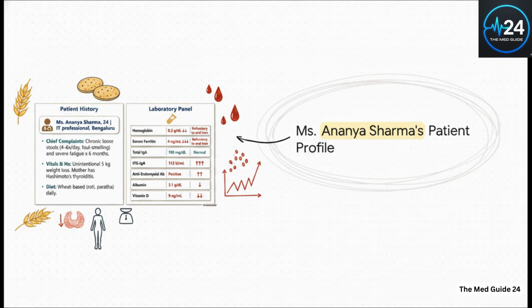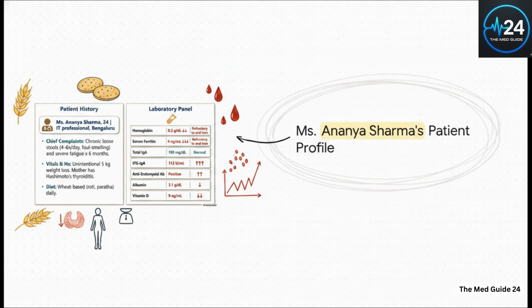Meet our patient, Miss Ananya Sharma. She's a 24-year-old IT professional from Bengaluru who presents with chronic diarrhea, a 5-kilogram unintentional weight loss, and some pretty concerning labs. She eats a daily wheat-based diet of rotis and parathas. Now, notably, her mother has Hashimoto's thyroiditis, which gives us a big hint about a clustering autoimmune susceptibility in the family. Her labs show a hemoglobin of 9.2 that's totally refractory to oral iron, and her tTG-IgA is sitting at